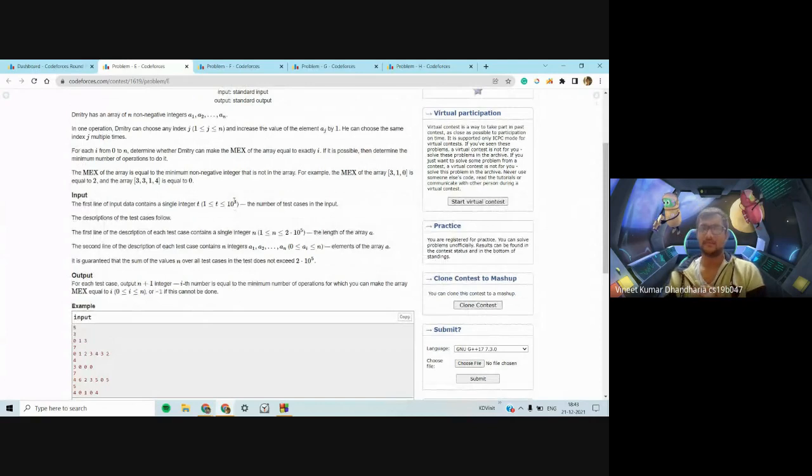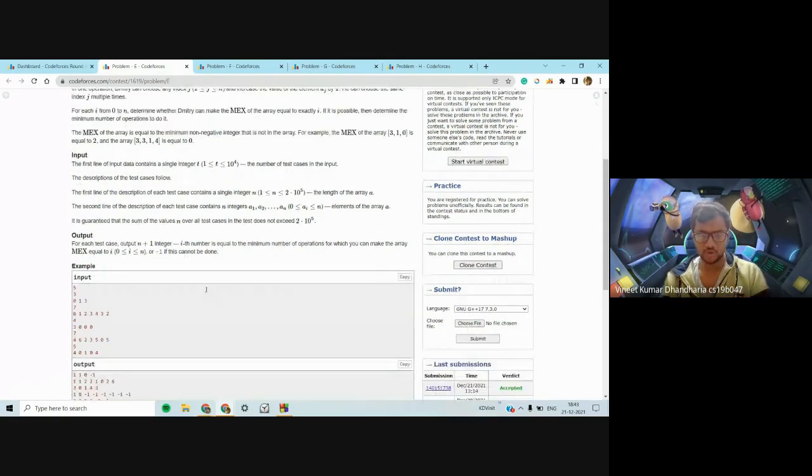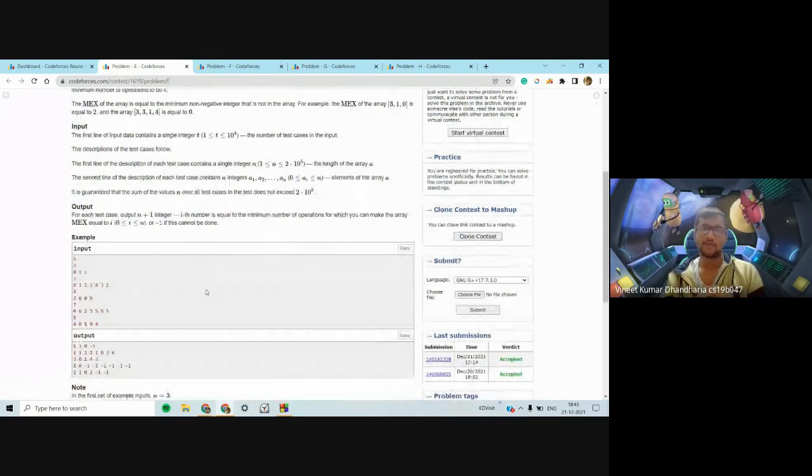For each i, we want to figure out how many operations you would have to do so that the MEX of the array is i. So let's start with 0. If you want the MEX of the array to be 0, it's always possible. You just need to ensure there is no 0 in the array. So you count the frequency of all the elements in the array.